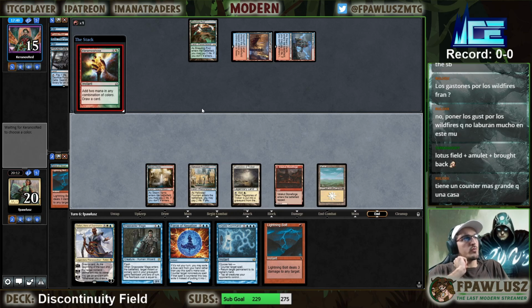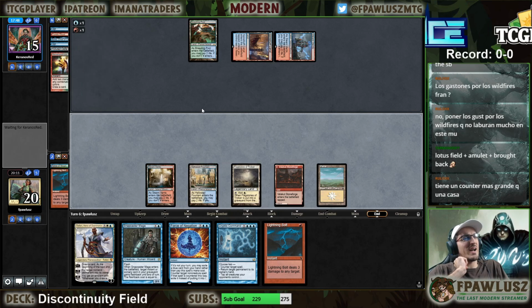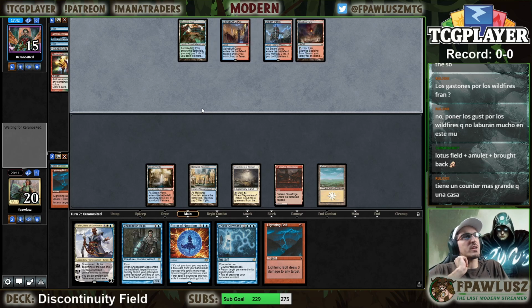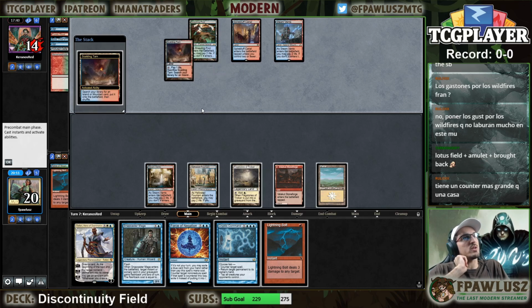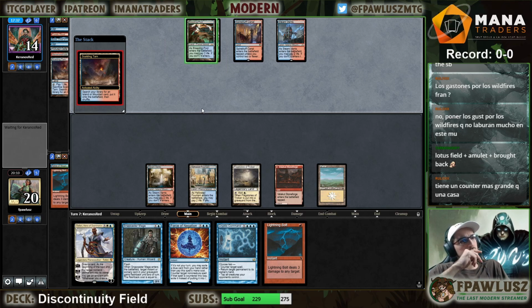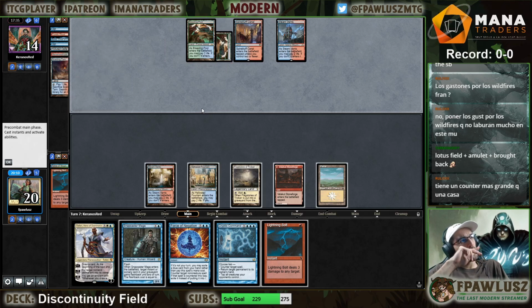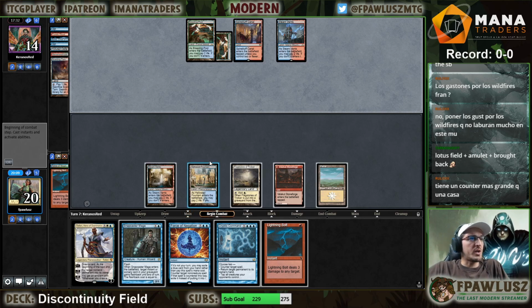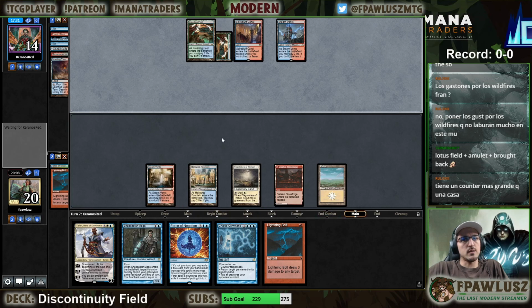End step Metamorphose. Why? I never understand people that go for end-step Metamorphose. Like, what's the point? Wouldn't you just rather do it on your turn and get an extra storm count? I'm obviously not a storm player, so I don't really see the point of doing that, but...